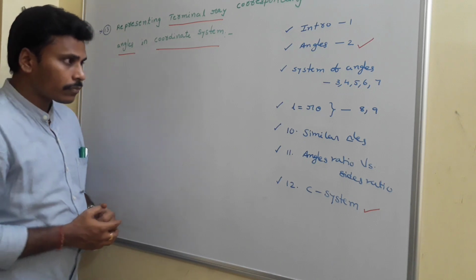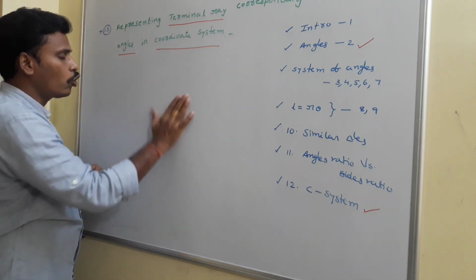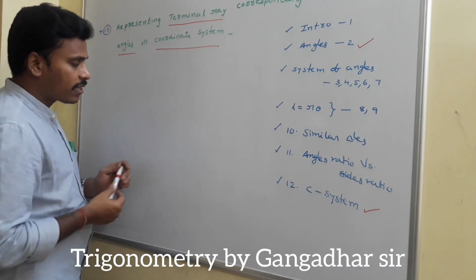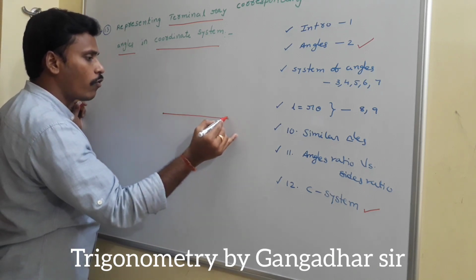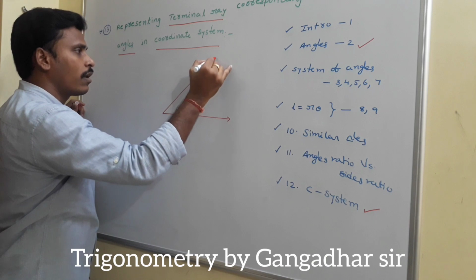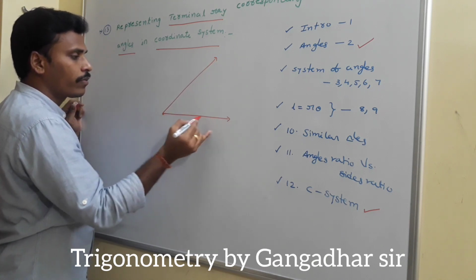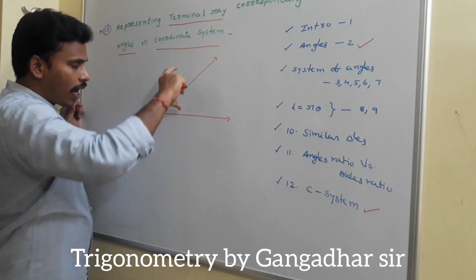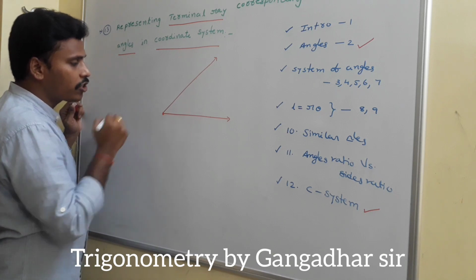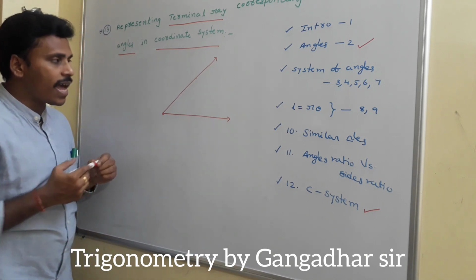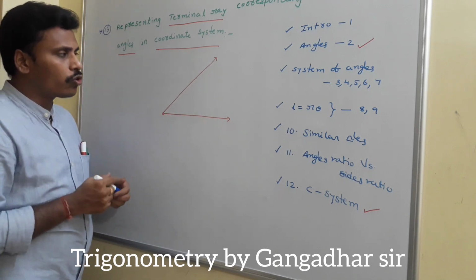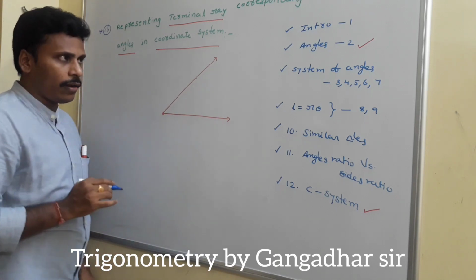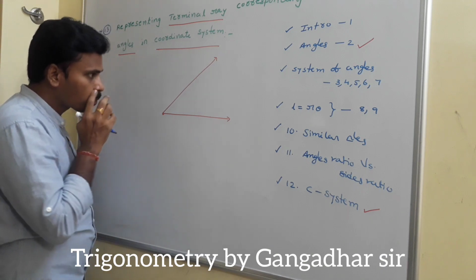First of all, you need to know something about the angle once again; I am just revising for you. An angle consists of a system of two rays. Suppose this is my angle, these are the two rays, and this system of two rays with the initial point is considered an angle. The complete scenario about the angle we discussed in the second point, right?